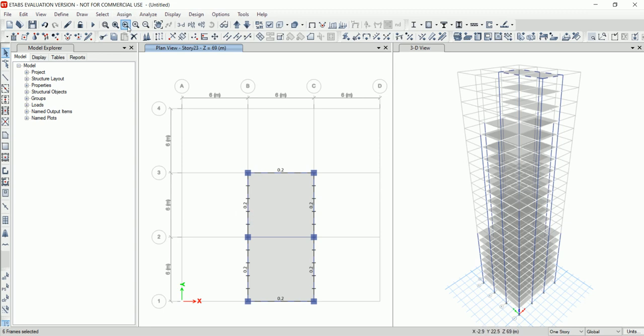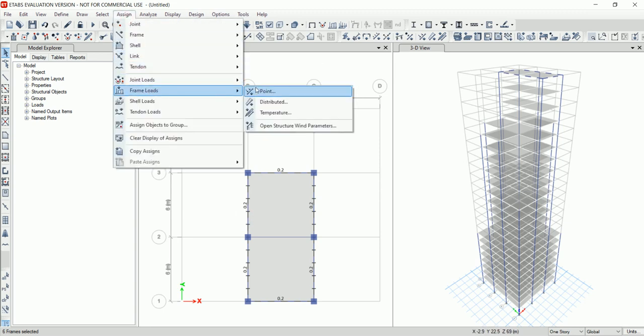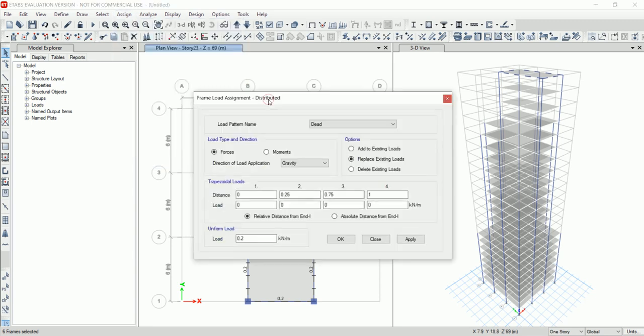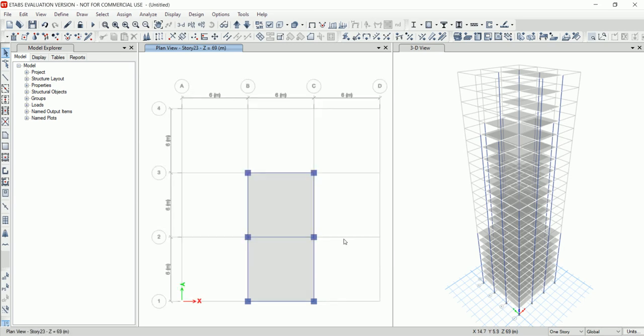Again go to assign, click on frame loads and click on distributed. Now here click on delete existing load option. Click on apply, click on OK. Cladding load are removed from the topmost story. Now go to base story.